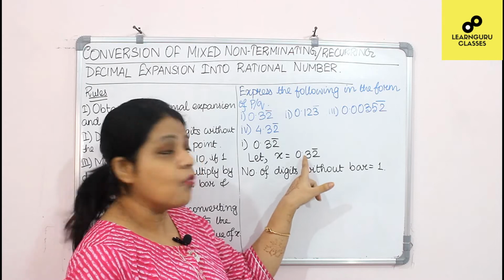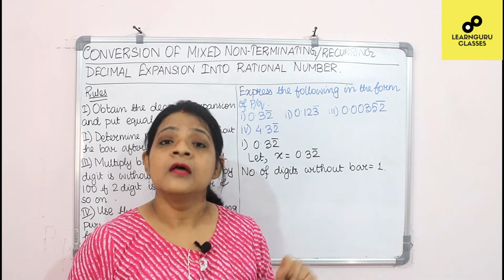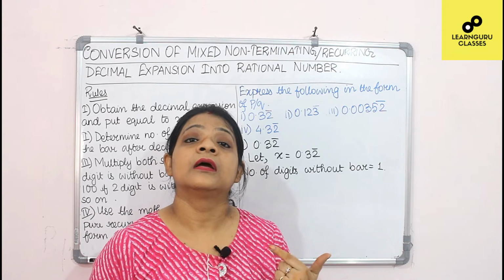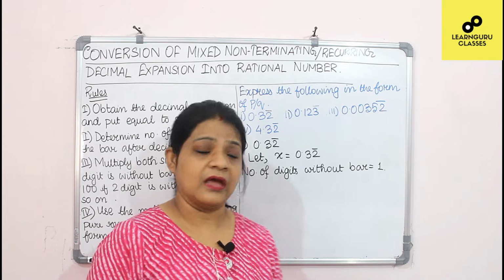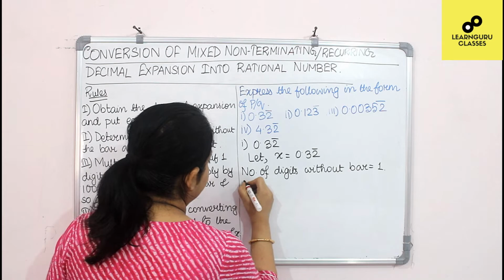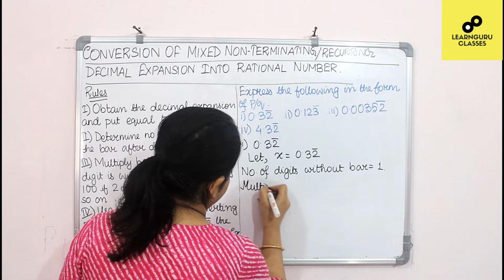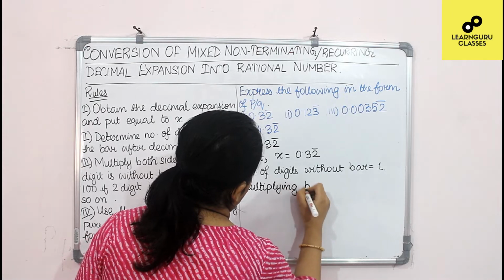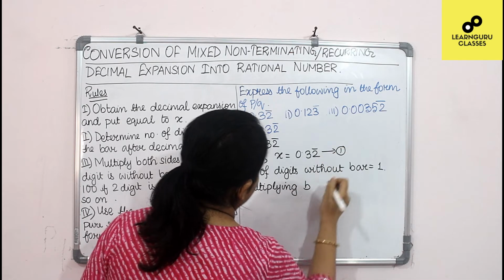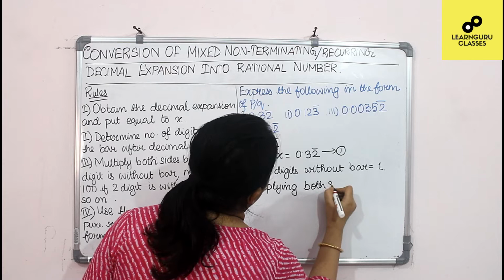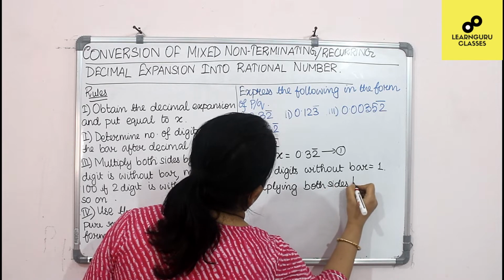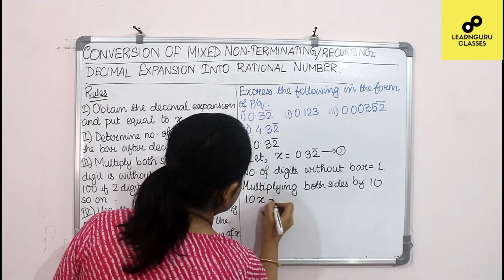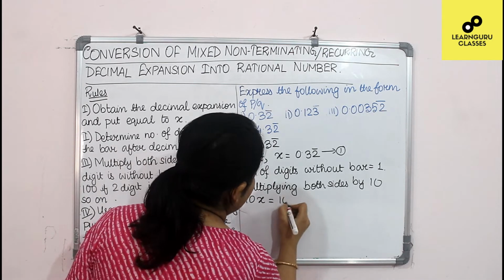Here 1 digit is without the bar, so you multiply with 10. Give this as equation 1, multiplying both sides by 10. So 10 into x equals 10 into